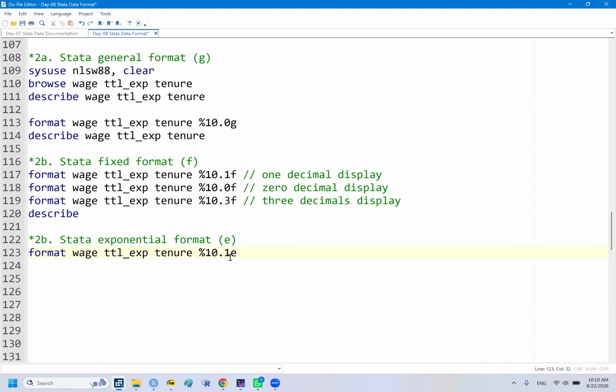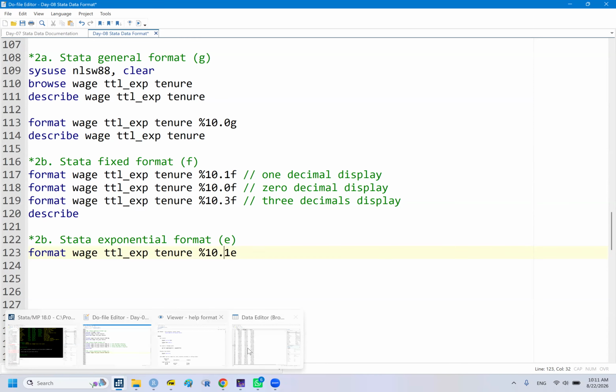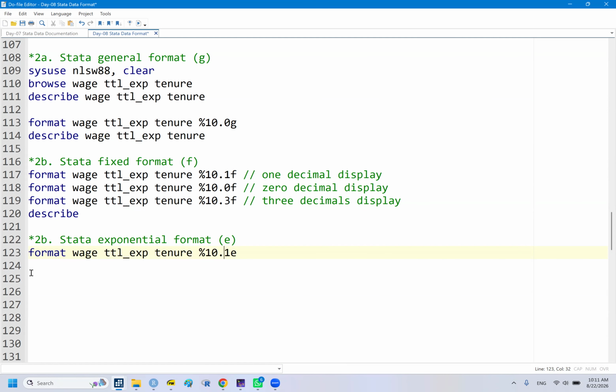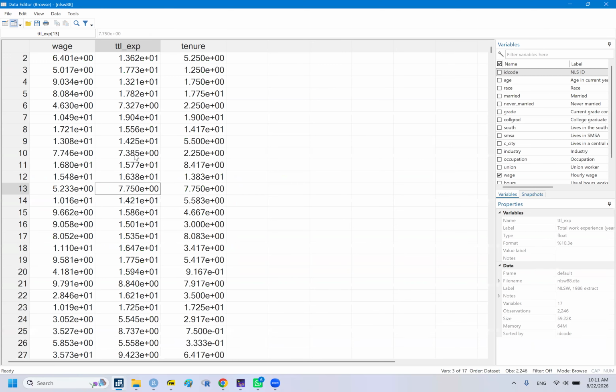It is how many decimals before we rise to that scientific notation. In this case, you see here it is 1 decimal. But what if I need to put 3 decimals, or to see 3 decimals before we rise to scientific notation? This one, I should put 3 here. So 3 decimals, you see 7 point so and so and so before we rise, before the E character, we have